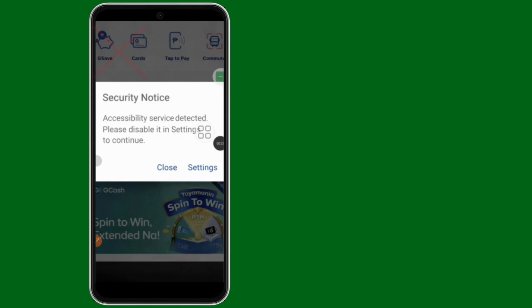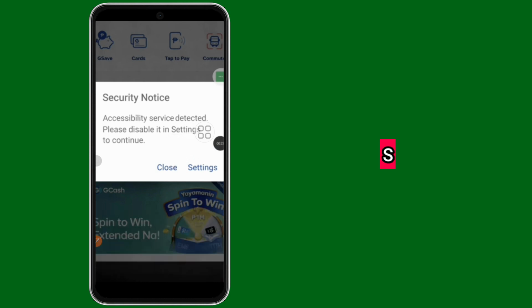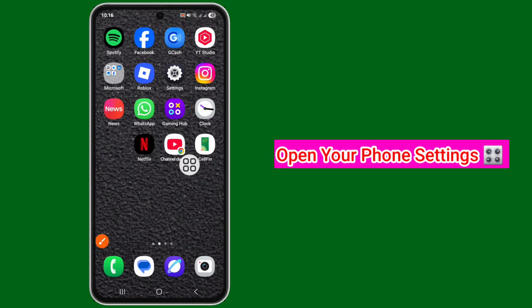In this video I'll show you how to fix the accessibility service detected problem on the GCash app. See, this is the problem, how to fix it. Okay, let's get started. First, open your phone settings and